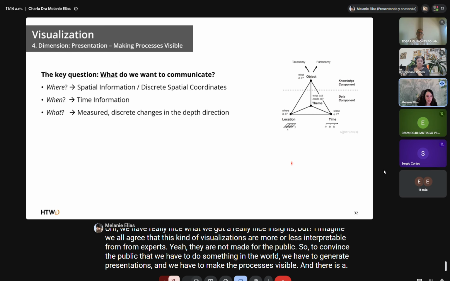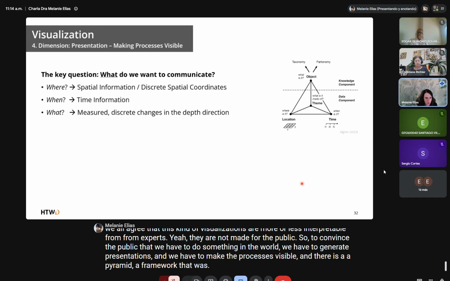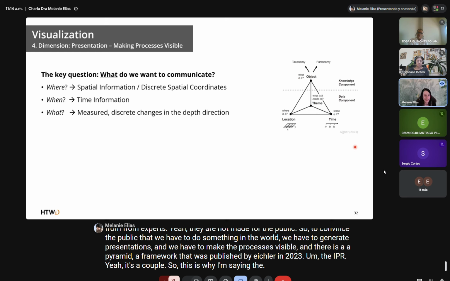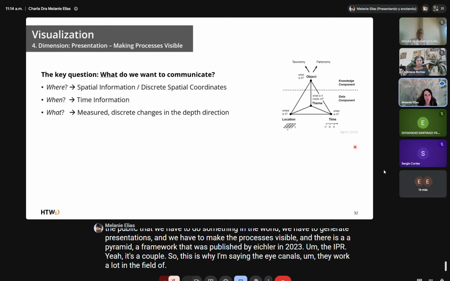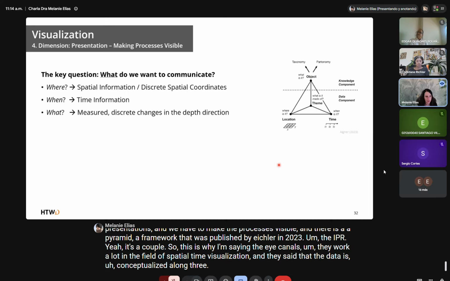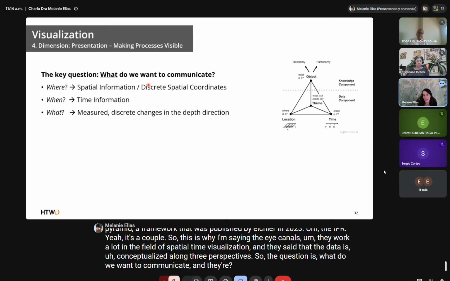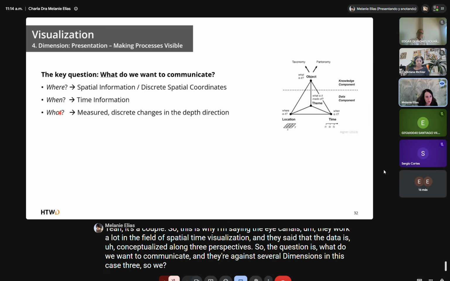And there is a pyramid framework that was published by Eichner in 2023. The Eichners, it's a couple, so this is why I'm saying the Eichners. They work a lot in the field of spatial time visualization, and they said that the data is conceptualized along 3 perspectives. So the key question is, what do we want to communicate? And there are, again, several dimensions, in this case 3. So we have to check